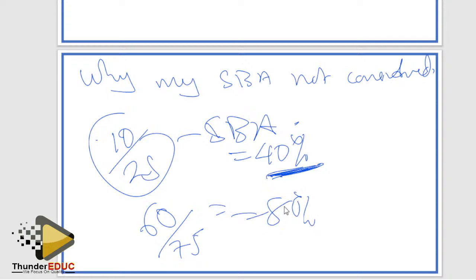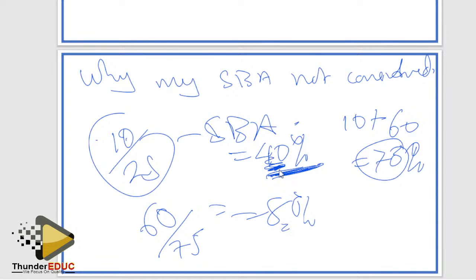You see, so what do they do? The actual mark you have got is 10 plus 60, which gives you 70%. That's what would have been on your statement. But now what happens is this is not applicable. You can't be getting 40, and final exam you get 100%, you get 80%. What happens? They will throw this in the bin. Instead of giving you 70, they'll give you 80%.